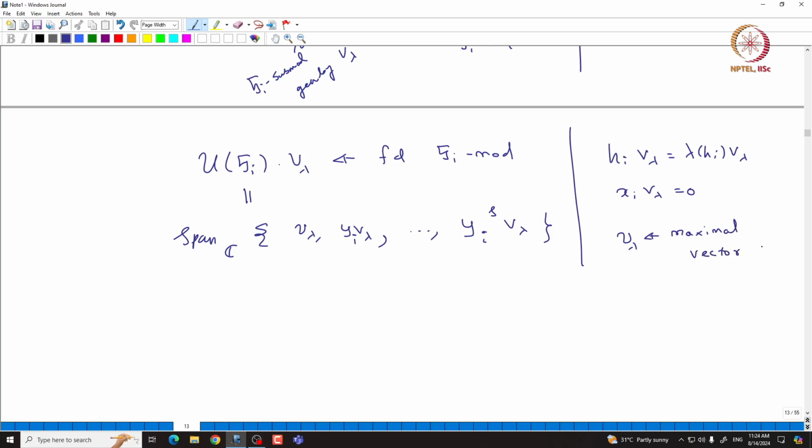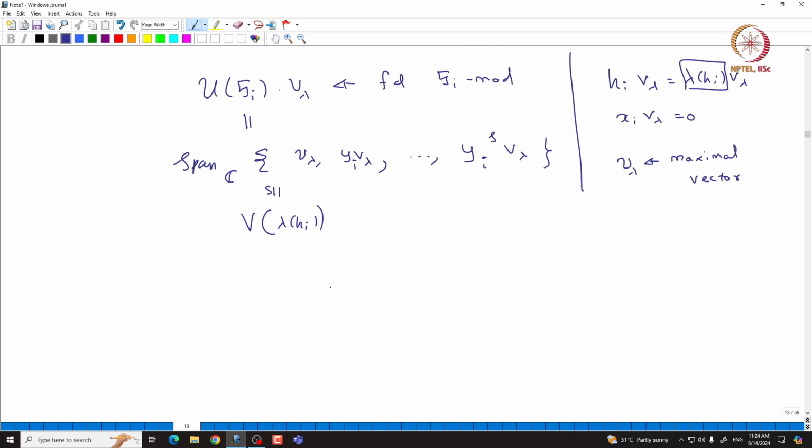Okay. But we have already proved something. If you take a maximal vector and generate a module out of it in a finite dimensional representation of SL2, it must be an irreducible module, and it is isomorphic to the irreducible module corresponding to lambda(h_i). So, this is naturally isomorphic to V(lambda(h_i)). This is something we already proved. So, using this observation we can see that this s must be lambda(h_i). Then from this we can conclude that